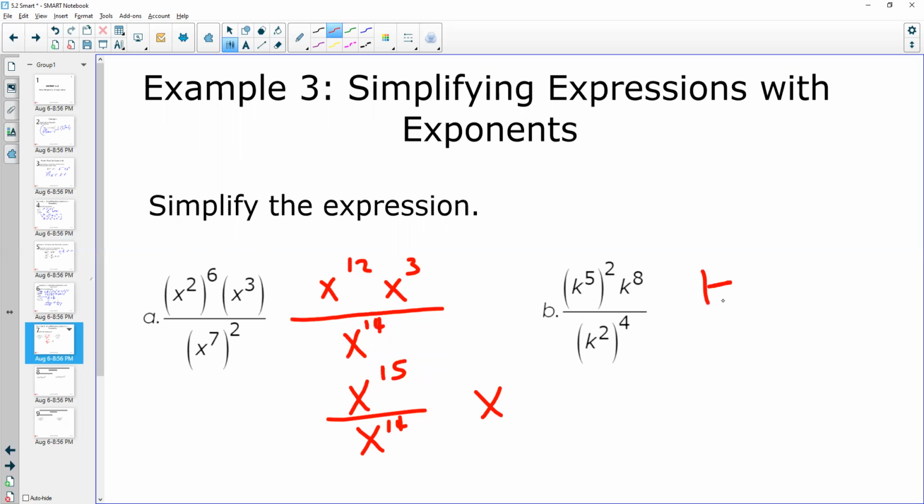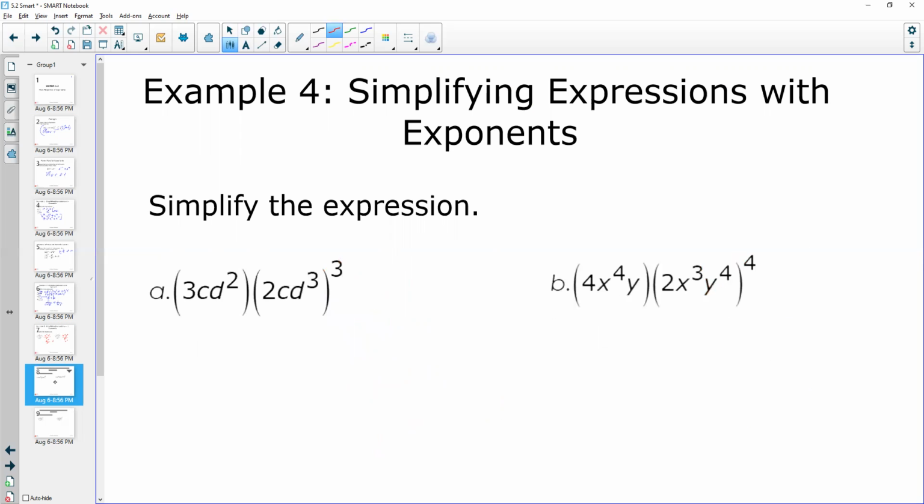So I get a k to the 10th, k to the 8th, and then at the bottom, I'm going to have k to the 8th. Now for me, I'm actually going to look carefully and use my critical thinking skills here. I have a k to the 8th in the top and in the bottom. They're just going to cancel. And I'm going to be left with k to the 10th. You could have made it k to the 18th and then subtracted 8, but for me, I'm going to do the least amount of work possible. Okay, so for this one,